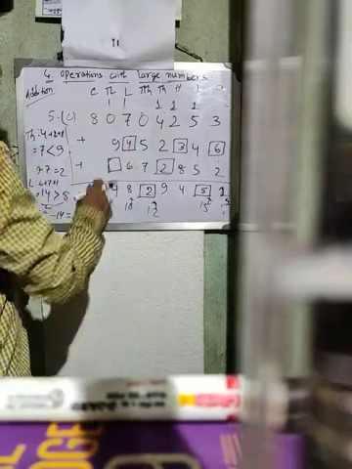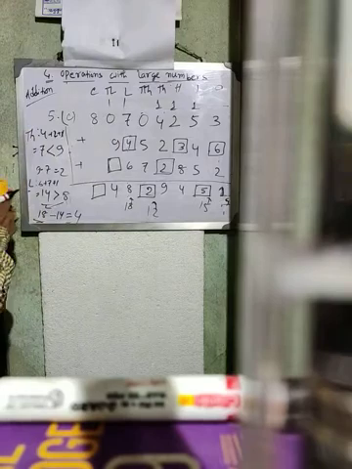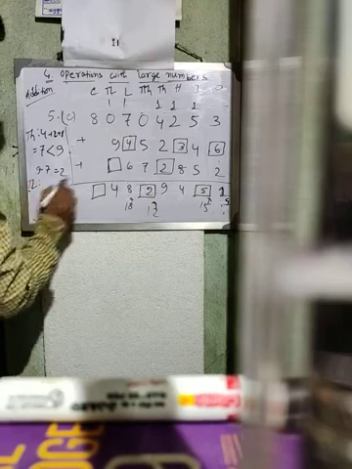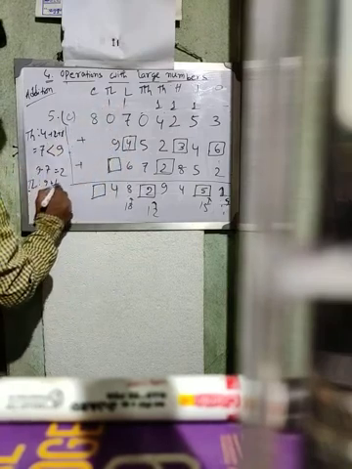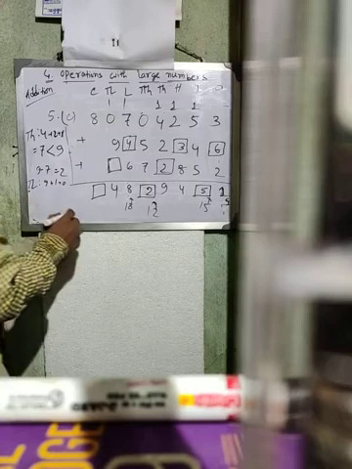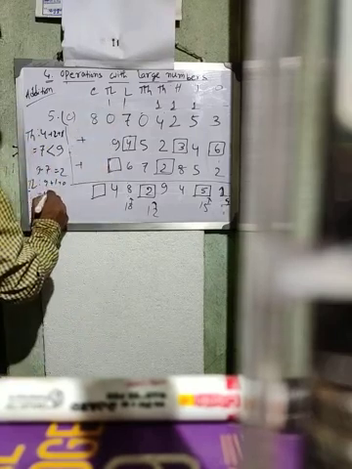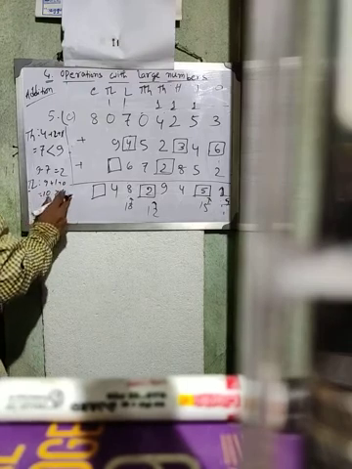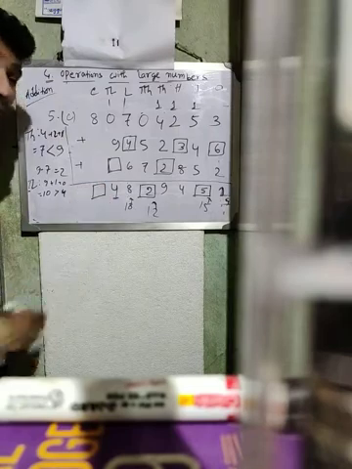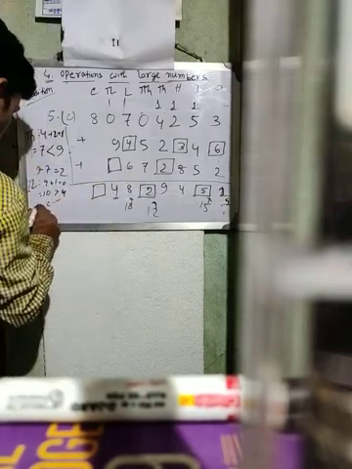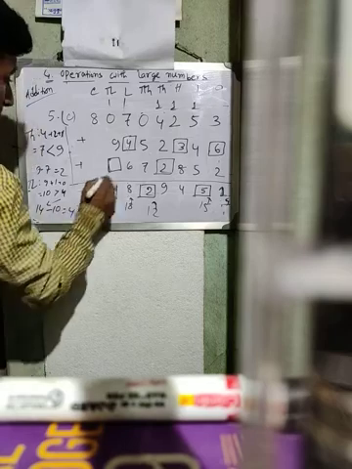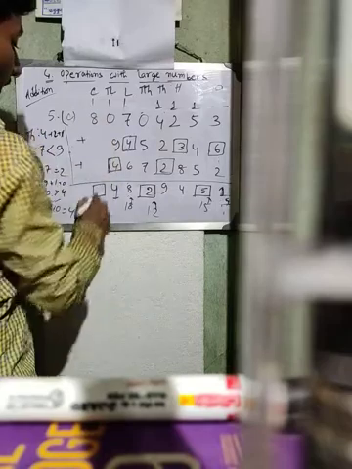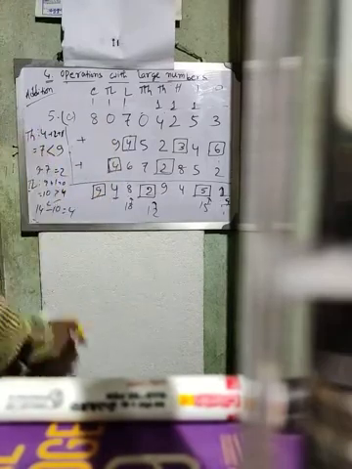Now consider the 10 lakh place. 9 plus 1 is equal to 10. But here 4. So 10 is greater than 4. That means it is not possible. So it must be 14. So you have to add 10 with this. So the answer must be 14, and the answer is 4. So 9, 4, 13 plus 4, 1. Now 8 plus 1, 9. This is the answer. Clear?